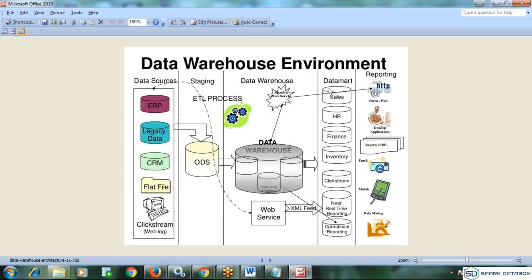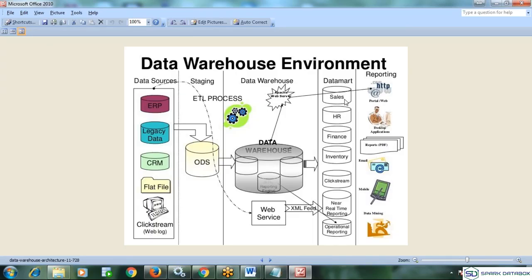And in a data warehouse, you can see the data marts. What is a data mart? It is like a subject-oriented mini data warehouse. Our data warehouse is subject-oriented, and on top of that, a data mart can speak about an individual subject. Your data warehouse can speak about each and every subject, the whole enterprise, so it can link each and everything. But a data mart can speak only about the particular subject area, and it doesn't have information about any other subject area.